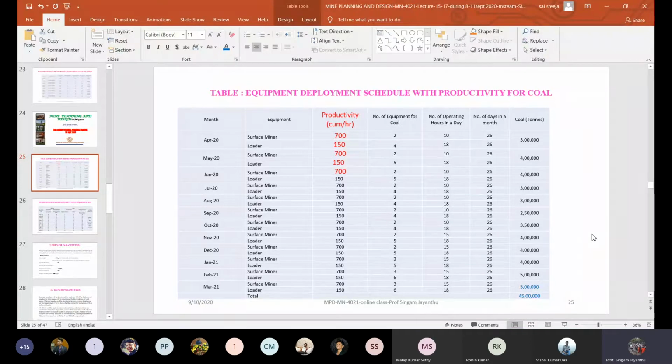Suppose there is some mine, this may be reasonably assumed. Suppose around 5 million tons, or this 4.5 million, is achieved. Now, if conditions are given to you to plan for a mine which is supposed to produce around 10 million tons, you can suitably plan to deploy double the number of these. This is the beauty of explaining and demonstrating with examples or real-time case studies which are being practiced now. Now going further, you can see in the subsequent slides